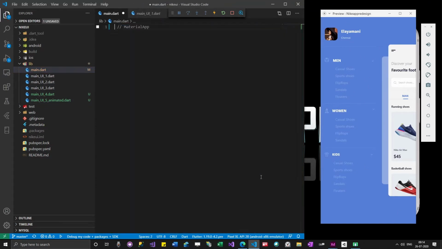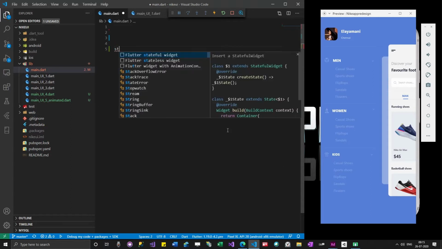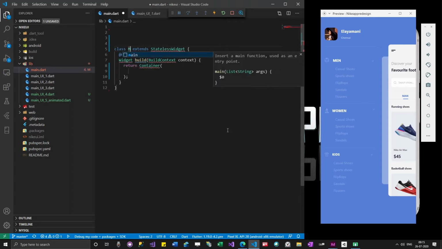I'm going to remove everything. I'm going to start by coding a stateless widget. Let me name it MyMenu and then resolve the issues.